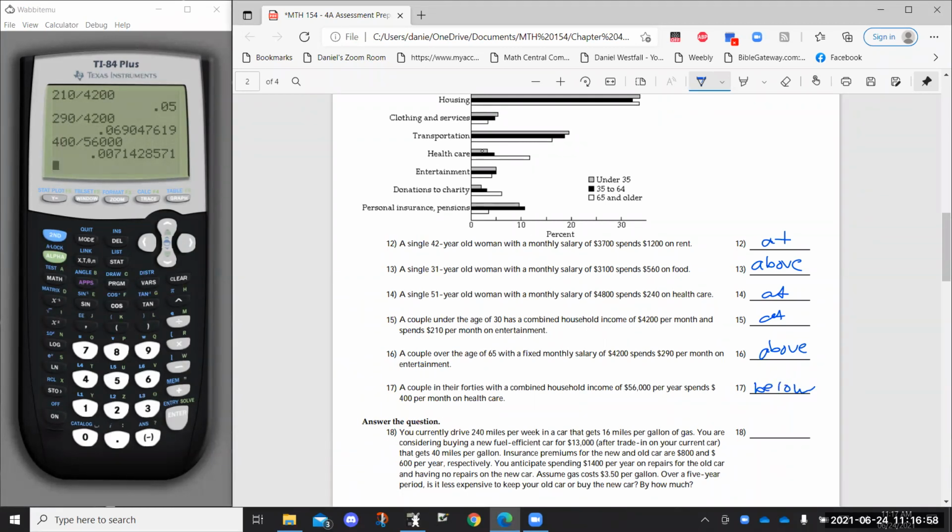Let me make sure I got that right. Per year, spends per month. Nope, hang on. I did this at first when I did it. Notice the difference here. She gave you, see how everything else was month and month and month and month, right? This one says per year and per month. So I'm going to have to fix this. This $56,000 a year needs to be divided by 12 to get a monthly cost of